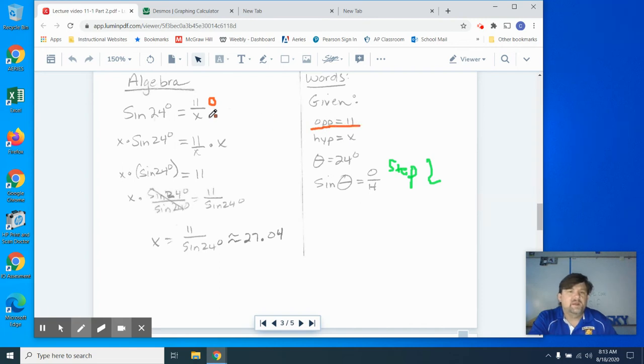Here's my hypotenuse, which is right here. And then sine of theta, theta is 24, so that one's here. So then we just have to do a little bit of algebra work. Remember, since we're dividing, we work inverses. So my inverse is multiplying by x since I'm dividing by x. So I'm going to divide first, because remember, it's add or subtract,